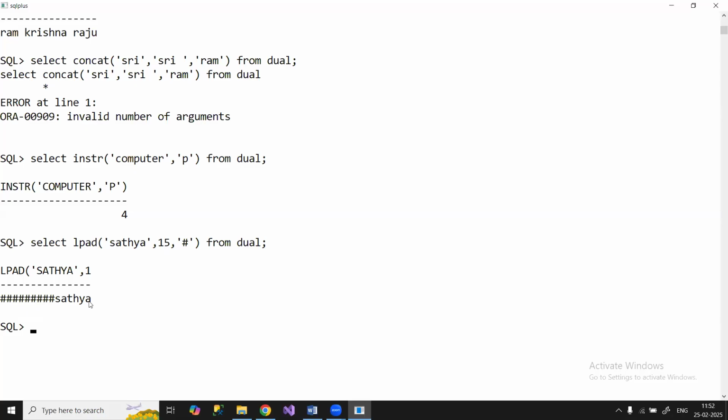So Satya is having how many letters? 6 letters. Then 9 symbols you'll get. Nine symbols: 1, 2, 3, 4, then 5, 6, 7, 8, 9. 9 symbols. So here 15 is given. 15 means it is giving